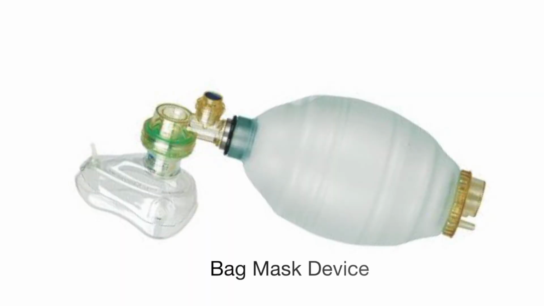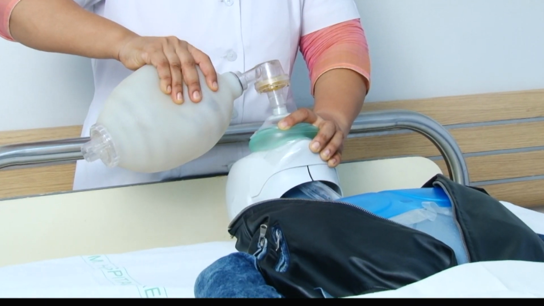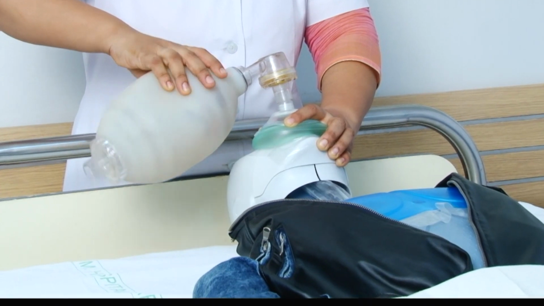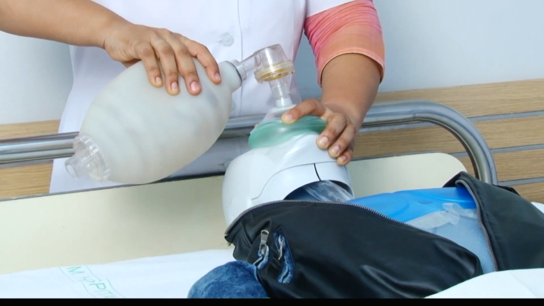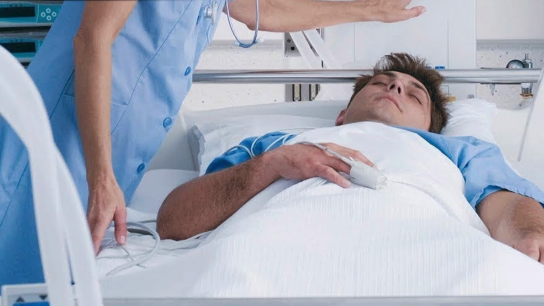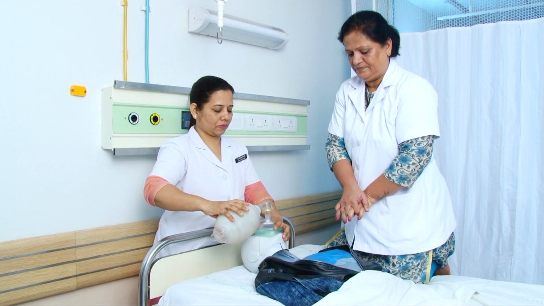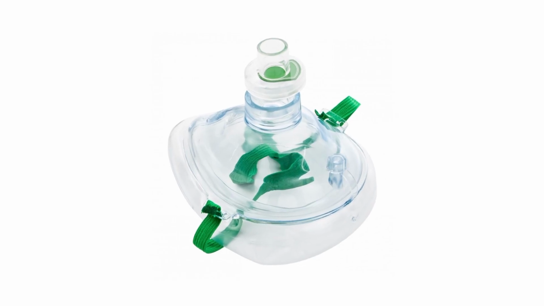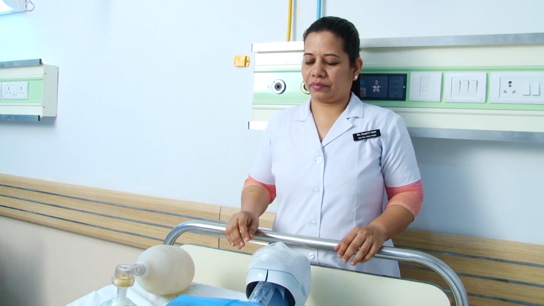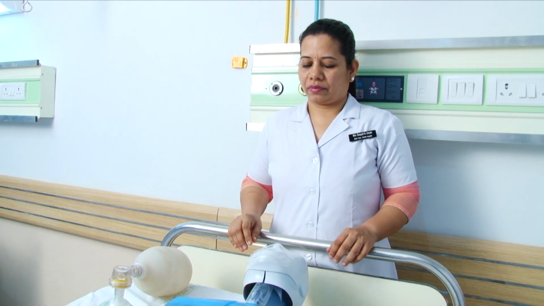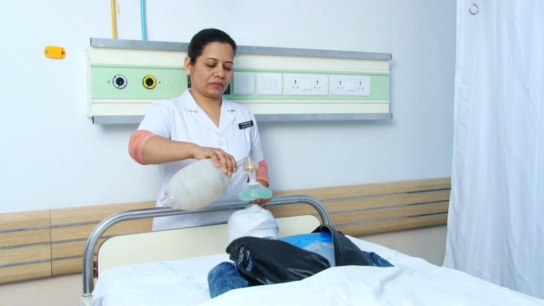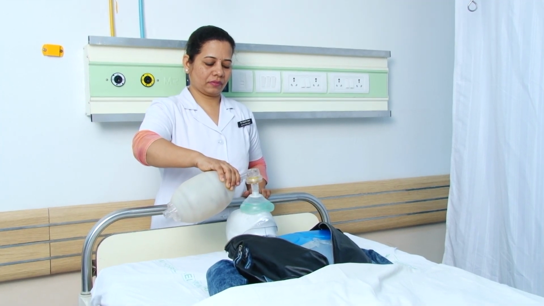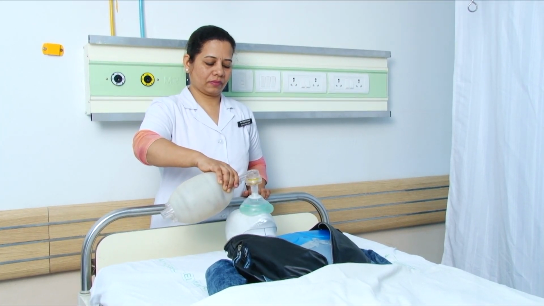The bag mask device consists of a face mask and a ventilation bag. This device is used to provide positive pressure ventilation in the healthcare system and for rescue breathing. It can be used with or without oxygen supply. Position yourself directly above the victim's head. Place the mask on the victim's face using the bridge of the nose as a guide for correct position.